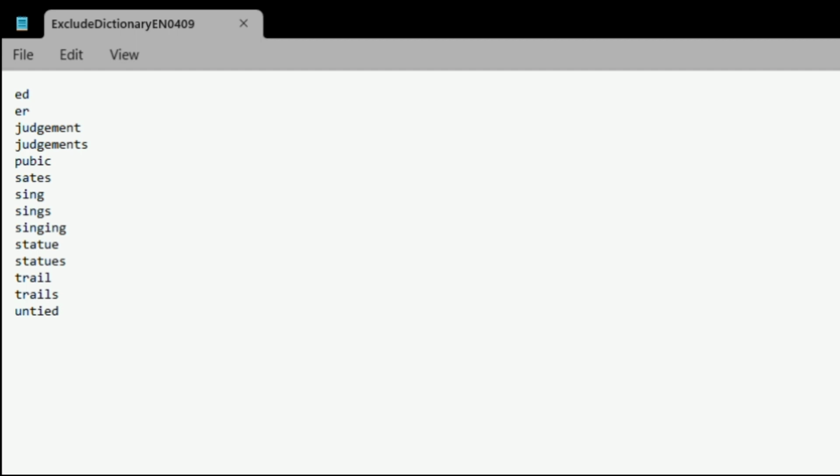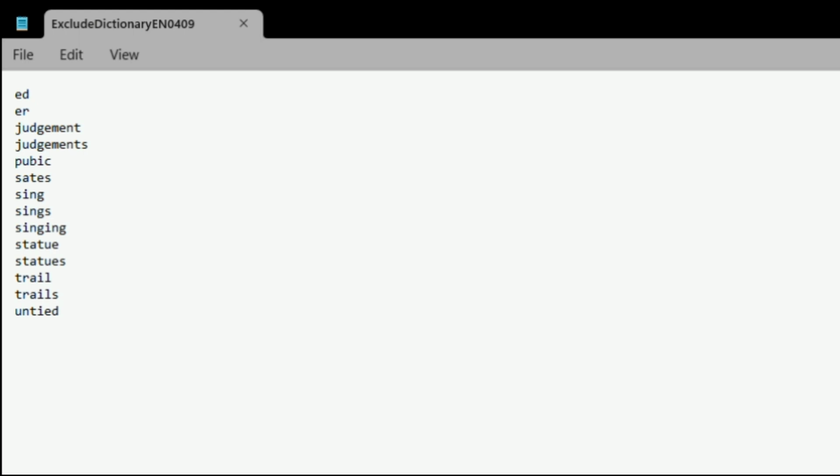Here, we can see the list of words that I have already added to my exclusion dictionary. If you haven't added any words to the exclusion dictionary, this file may be blank. That's okay. We type one word per line in lowercase letters only, with no punctuation or any other separating feature. Each word that we type will be excluded from Microsoft's spell check system on our final document.